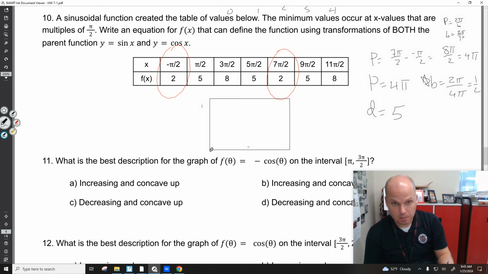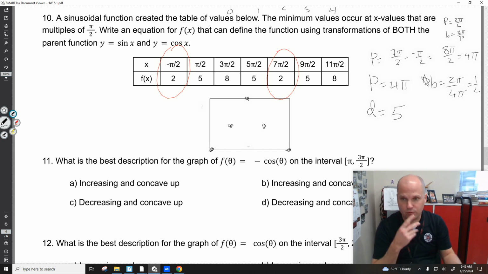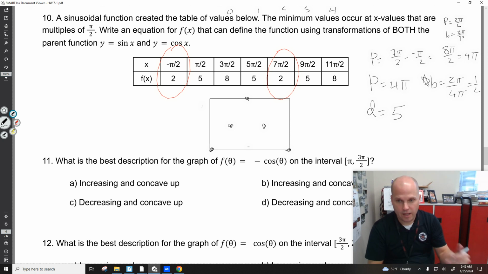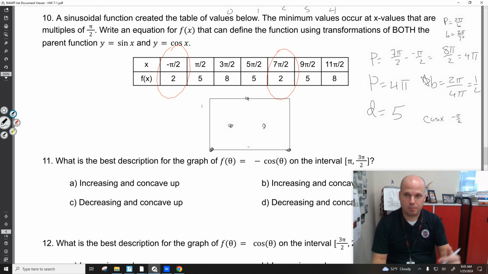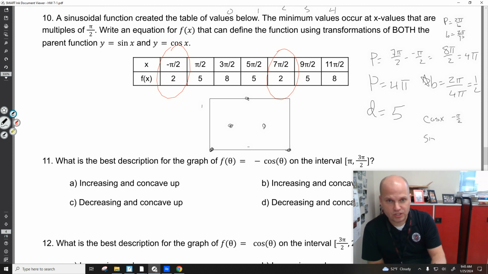I'm starting at the minimum, midline, maximum, midline, minimum. Okay, so it's kind of the same deal with the flipped cosine and then the positive sine. We're to say the cosine shift is left pi over 2, which means the C value's got to be plus pi over 2. We'll say the sine shift